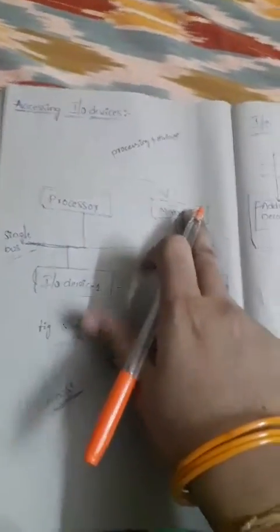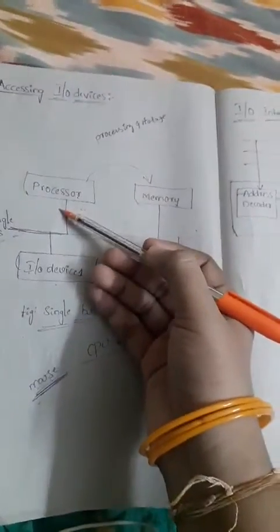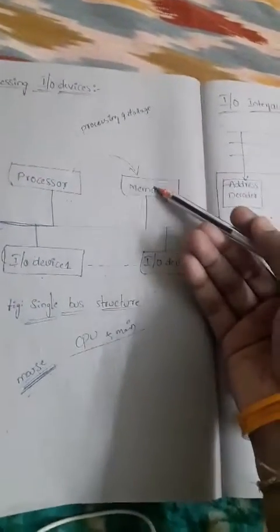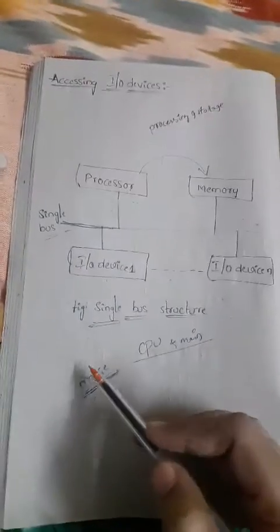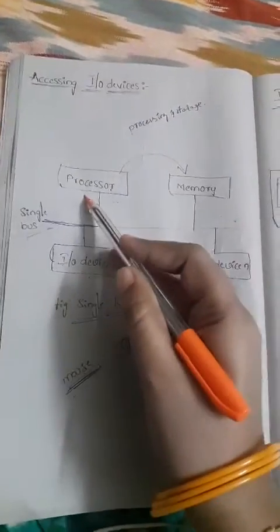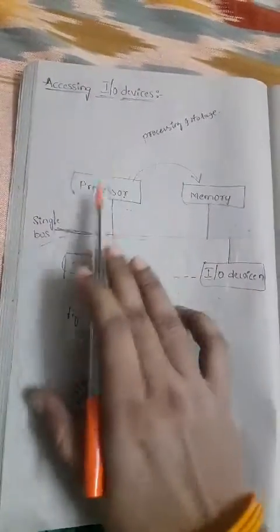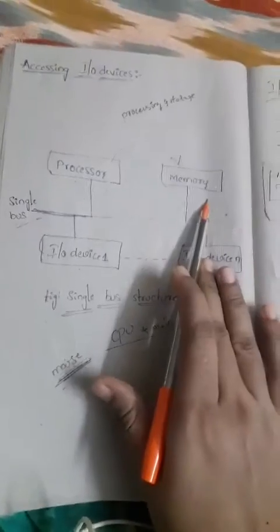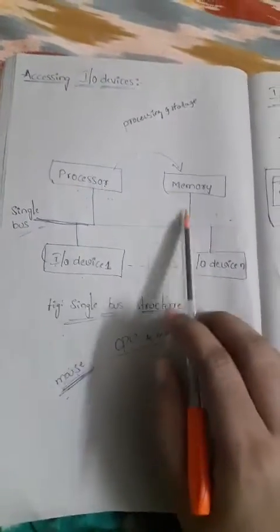The request goes from the input device to the processor, and again the processor contacts the main memory. After that the program will be opened. First the input device will be connected to the processor, then the processor will give the permission. After that, the request will be sent to the main memory. Then, the file we need to use will be selected in the main memory.